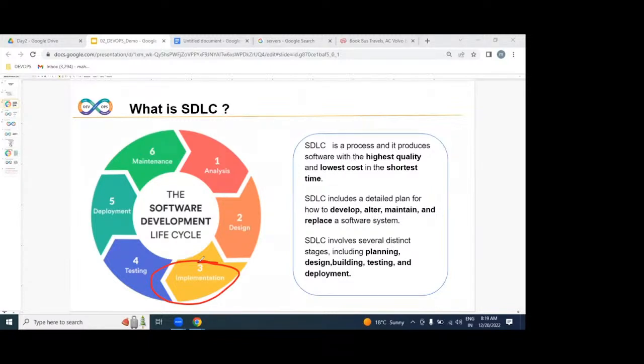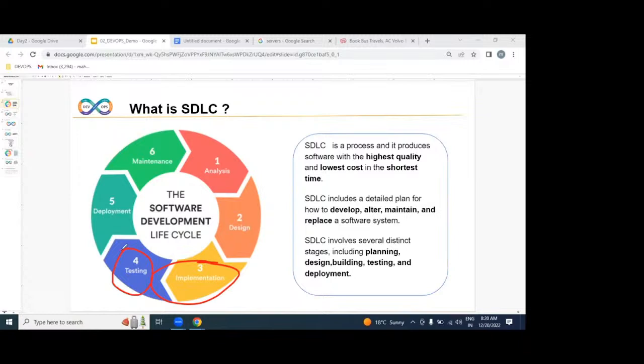After successfully implementing the software, whether the software is working or not, our testers will verify by using automation test cases, manual test cases, or performance test cases.